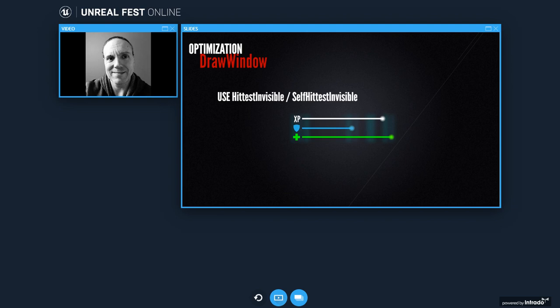Another improvement you can get is to use hit test invisible or self hit test invisible rather than using visible. These are both visibility settings, and these both make the widget visible, but do not add the widget to the hit test grid.